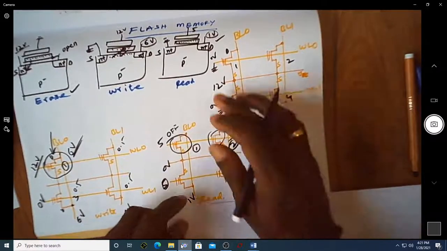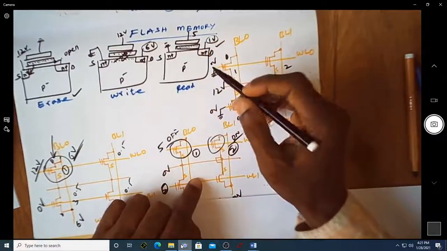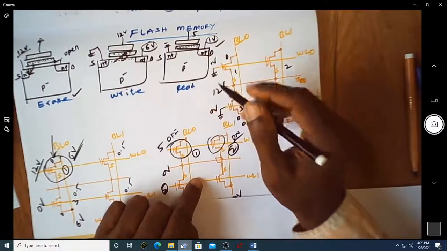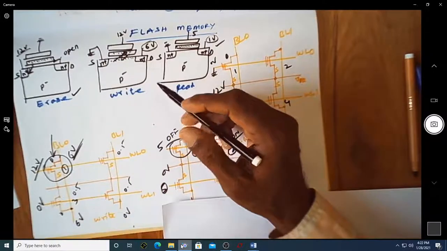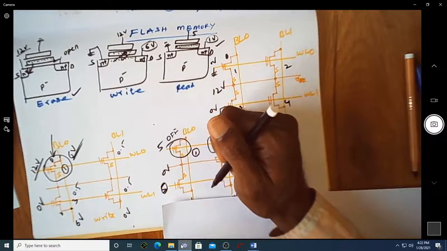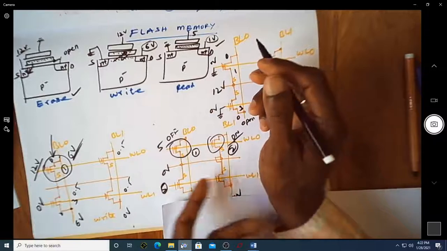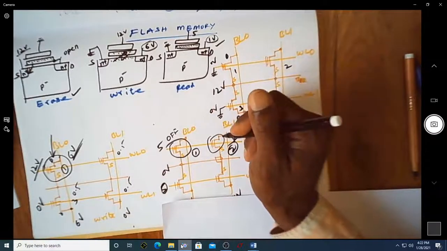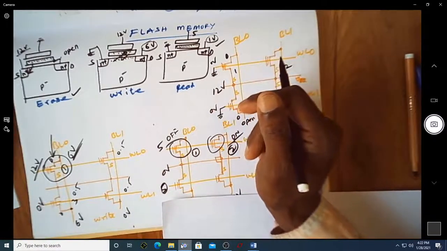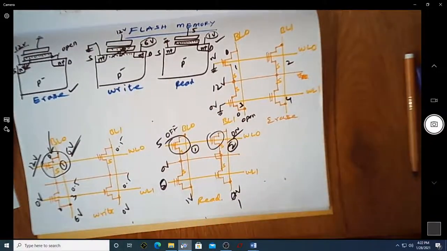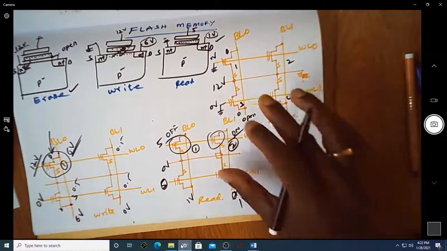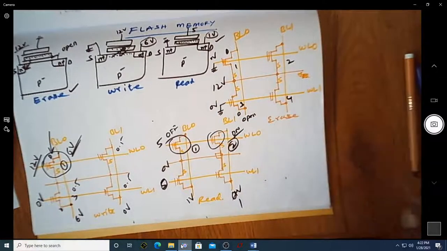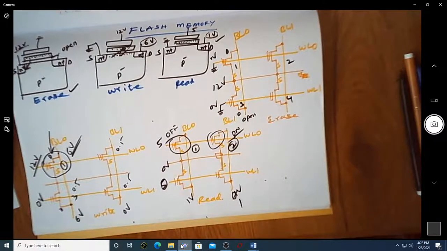So likewise, this flash is also one of the possibilities for having an EEPROM. Again, as I just said, flash memory is called flash because I am able to take out the charges from all the MOSFETs simultaneously. So this is how a flash memory is going to work. Once we have these types of memories, reading, writing, and erasing the memory locations will be very easy.